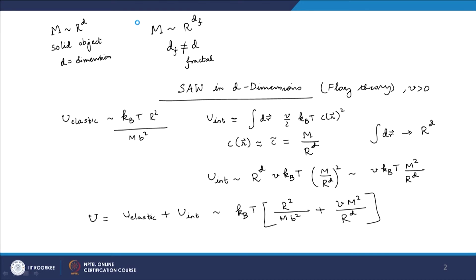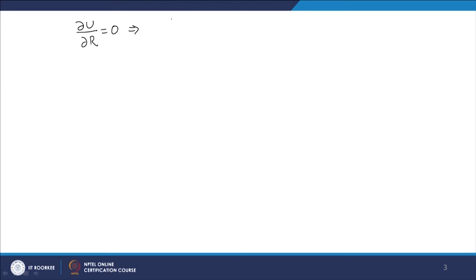We minimize this U to get the size. So we set dU by dr equal to 0. Using the U that we have derived, this becomes, again dropping the coefficients since we care only about the prefactors,